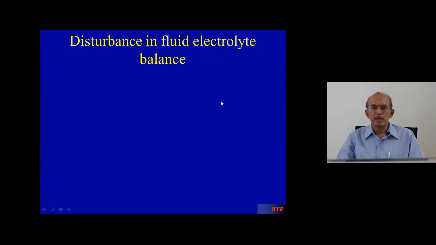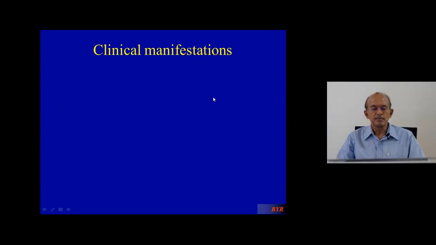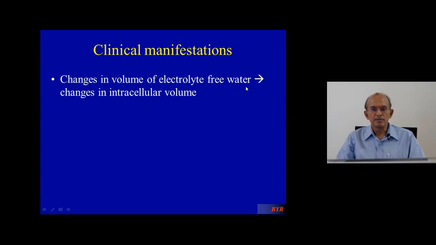In the previous class, we learned about the common anions, cations, their values and their functions. Now let us study the disturbances in fluid and electrolyte balance. If there is any excess or deficit, how it manifests, let us study. Clinical manifestations: